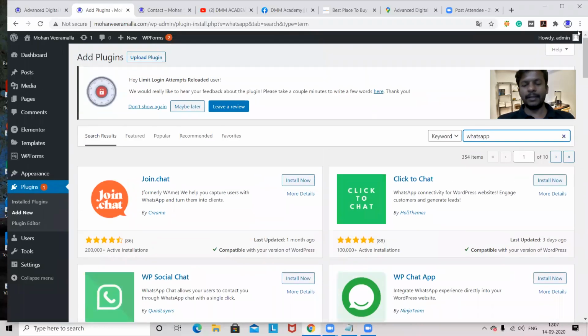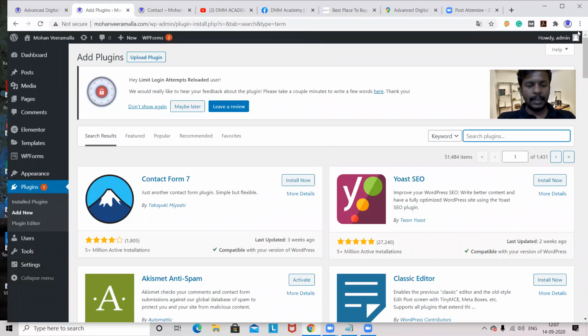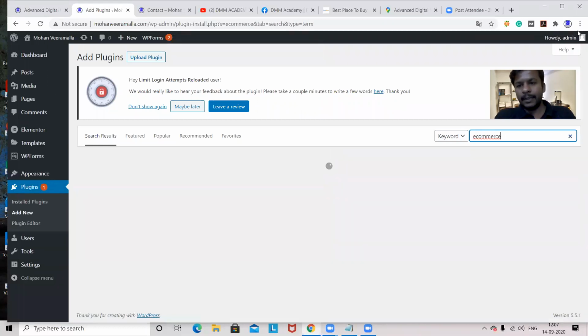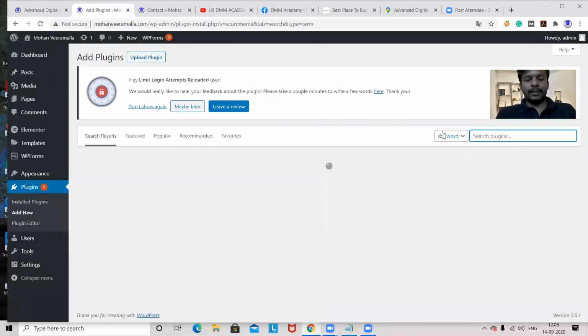For example, say I don't know the plugin name WooCommerce. Then I'll search for e-commerce. When I search for e-commerce, I get this plugin. If you're not getting results for e-commerce either, then go with shop.